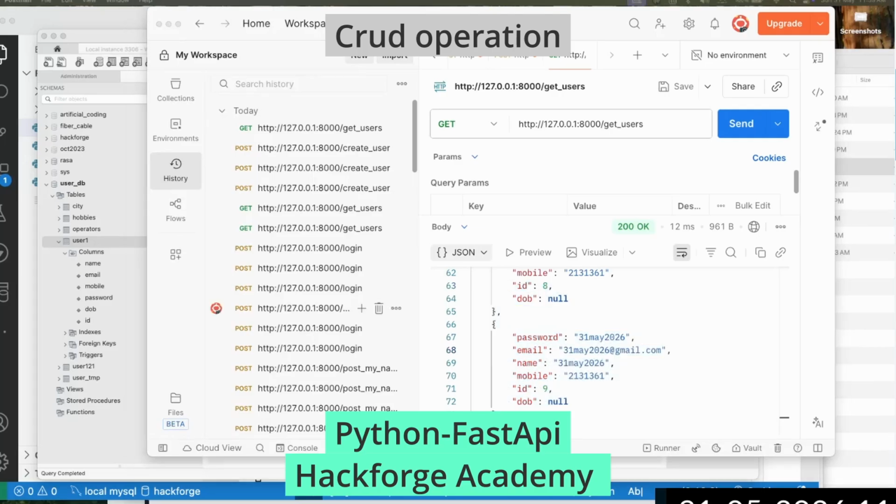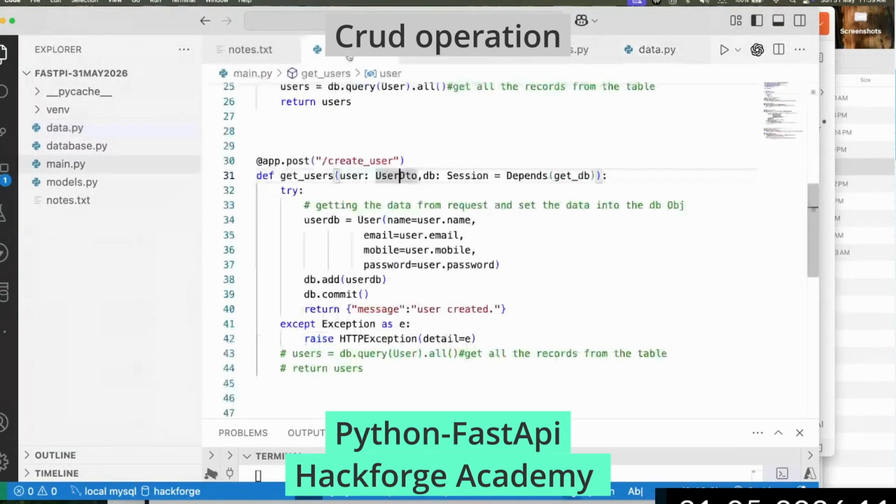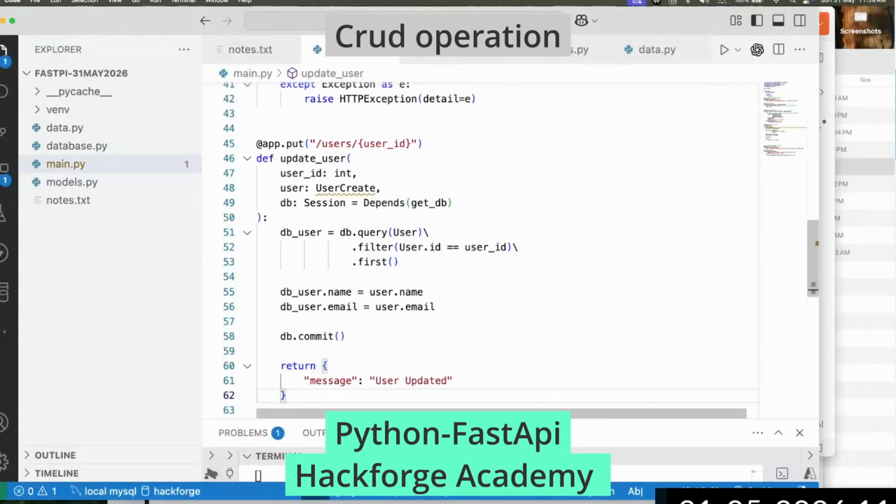Updating the record. For example, I have some records based on the ID that I want to update actually. Okay, that's also we will do, and we can do delete also. Both these things we will do. This is updating. Let me tell you what this update is and how it is working here. So what I'm doing is I am trying